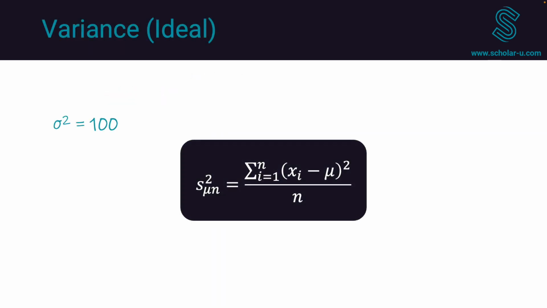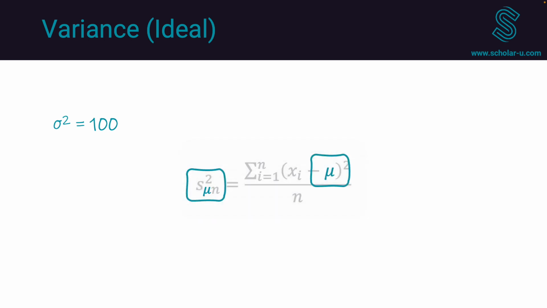Let's conduct a similar analysis for the variance, starting with an ideal version of the equation as shown here. Observe that we have two subscripts for the variance symbol s. The first, mu, indicates that we're subtracting the average of the population. We deem this an ideal situation, recognizing that in practice this information is typically unavailable, as having the entire population data would be necessary to calculate the population average. The second subscript is n, indicating that we are dividing the equation by n instead of n-1, which is the